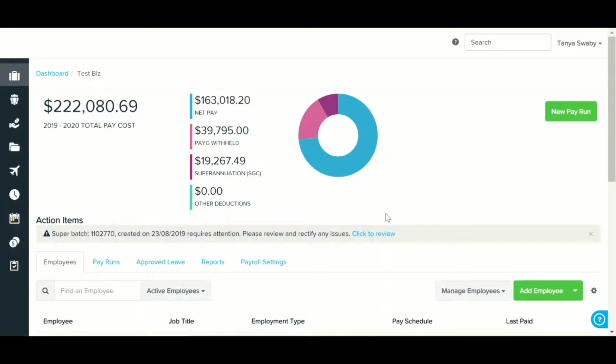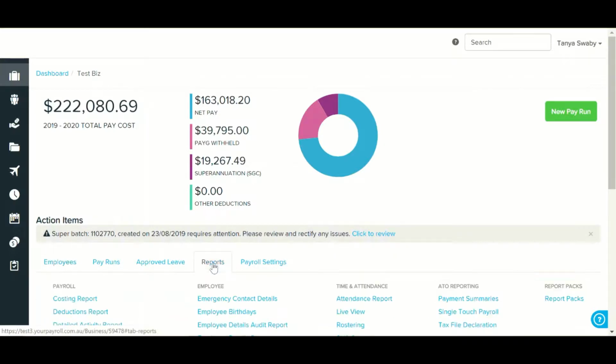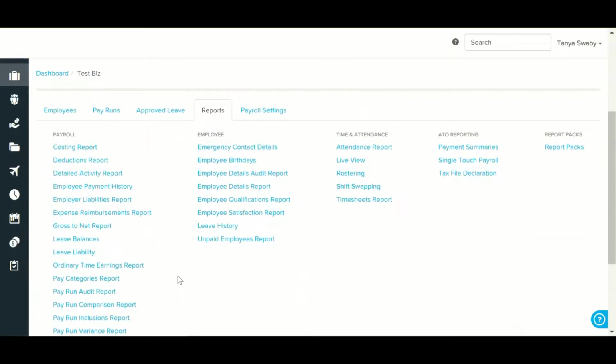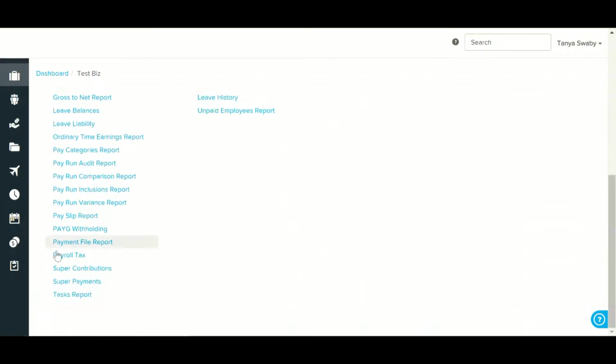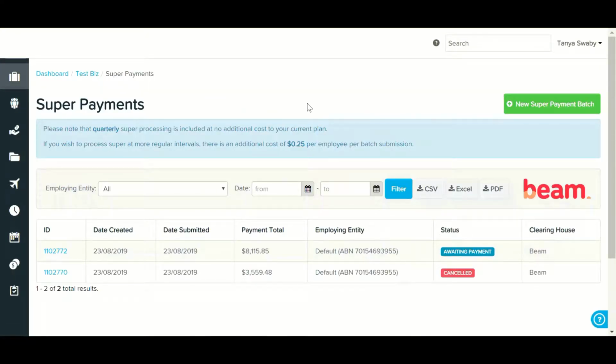Once you are registered with Beam and ready to make your first super payment, you'll need to start the process from here. From your payroll dashboard, you can go down to your Reports tab, and then under the Payroll heading, down to the Super Payments option. Then here on the Super Payments page, you can click on the New Super Payment Batch option,